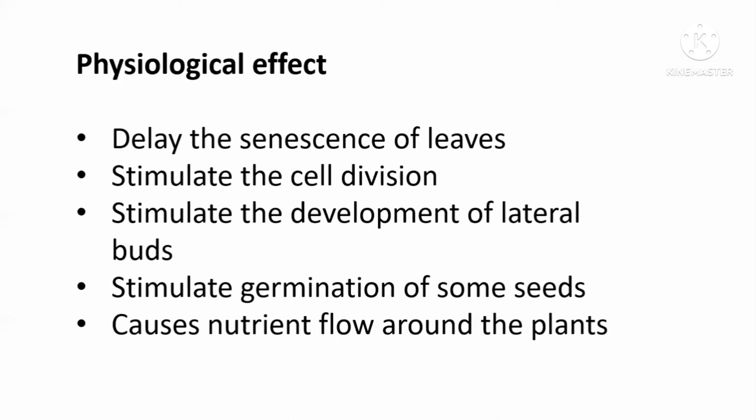So what does this cytokinin do? When you consider the aging process or the senescence process, the cell membranes are broken down, mainly by free radicals. The presence of this cytokinin prevents the formation of these free radicals. So that is why it prevents the aging. No, it's not prevent. It delays the senescence process.